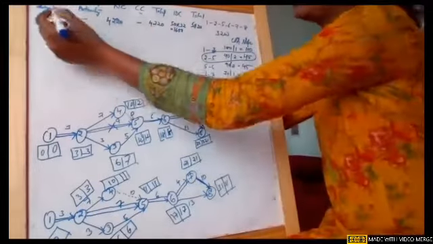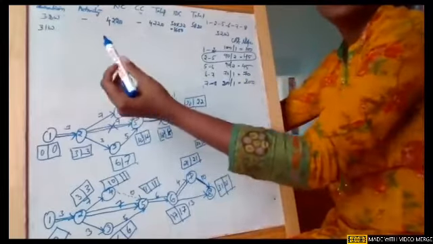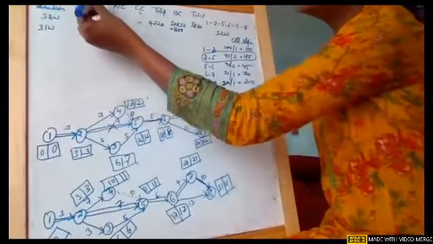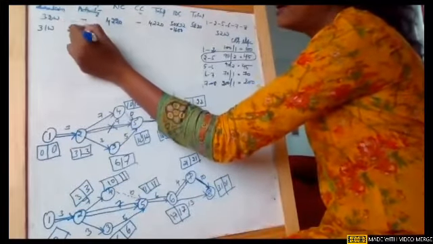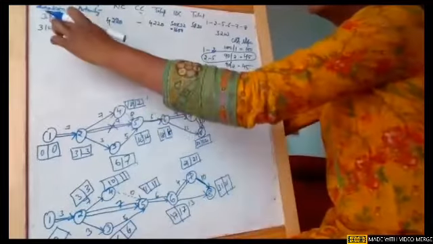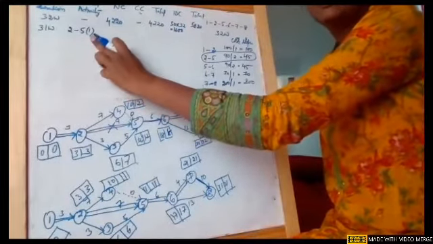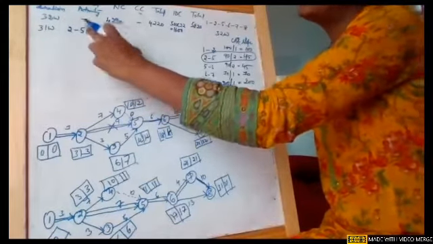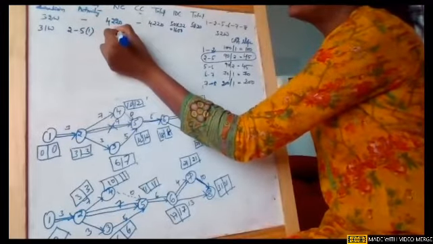Now just see how the cost will be varied. Now it is 31 weeks, girls. Check carefully how I am writing the cost. It is 31 weeks. Now, is there a crashed activity? Yes, there is a crashed activity, which is 2 to 5. Earlier it was 32 and 2 to 5 has reduced it by 1 week. In bracket, I wrote 1. It means 2 to 5 is helping us to reduce 1 week. The normal cost will remain the same, 4220.